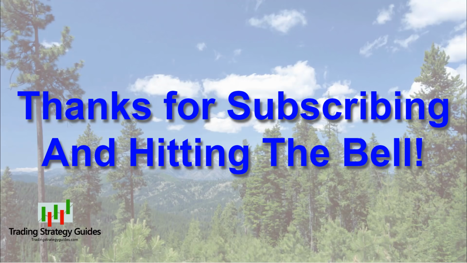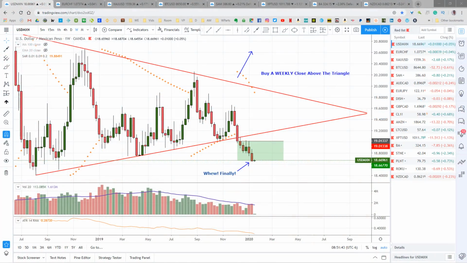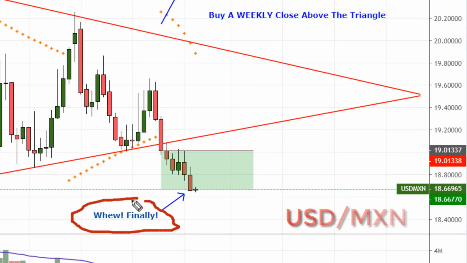Okay, let's look at the open trades. The US dollar Mexican finally hit our target last week. Whew, finally. Closed half the trade for profit, moved my stop to break even right here on the second half. 190134-ish. You can see that I've turned the parabolic SAR on, and now we're just going to wait until it gets down below our break-even stop, and then we'll start following the stop on the PSAR just like we are